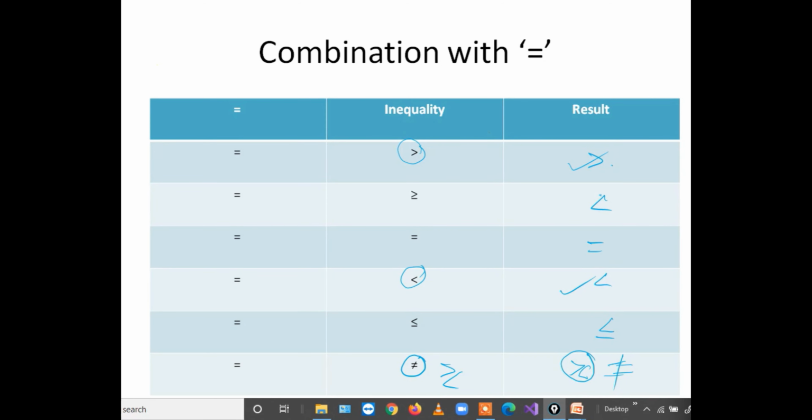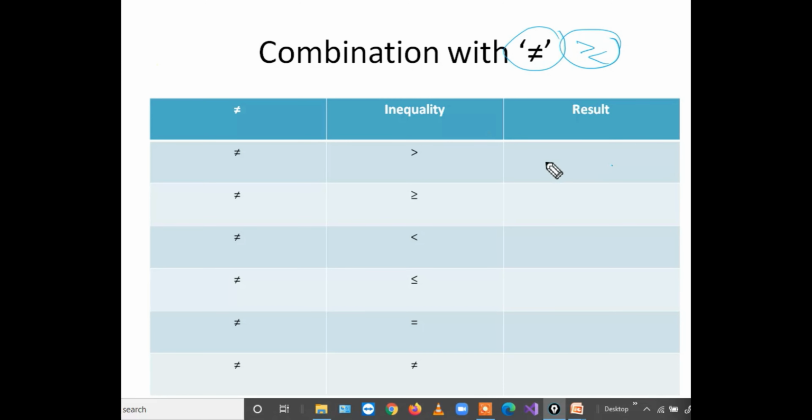Yeah, combinations are over. No, one more combination is there. What is that one? Yes, not equal to. Generally he's not giving any questions based on not equal to, but in future we can expect not equal to based questions also. But you are clear now with not equal to. What is the not equal to concept? Either greater than or less than.